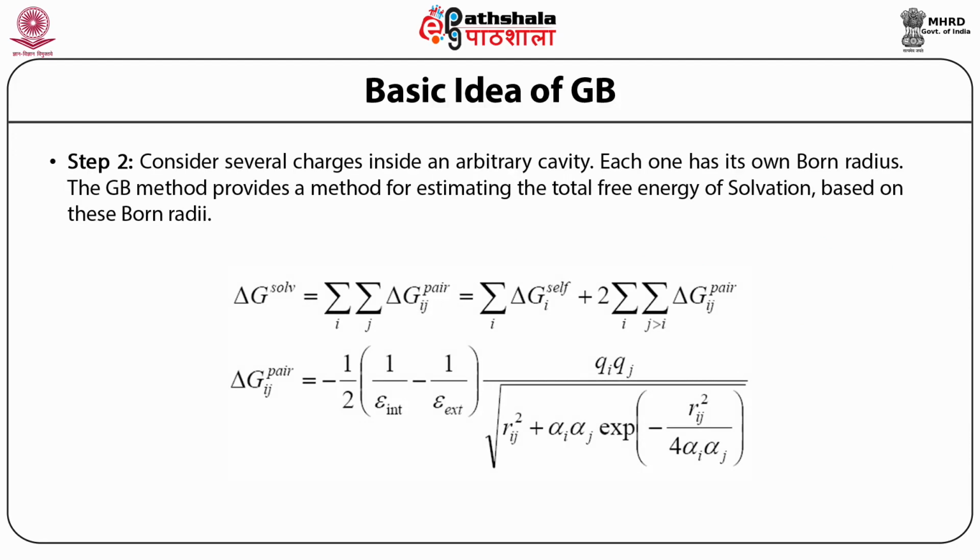Each one has its own Born radius. You can consider every peptide, the center of the peptide, to be one charge like this, or even a side chain like lysine separately as one charge contained in a spherical surface like that, and you sum up all the values of the pairs. It has been shown how to calculate the pairs by this equation, and the total free energy would be given by that summation, or the free energy to create this cavity inside water would be given by this function.